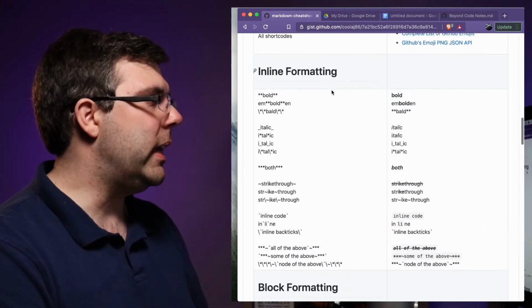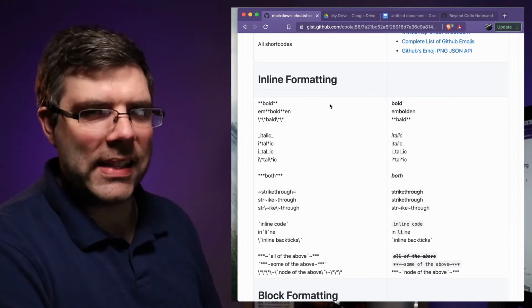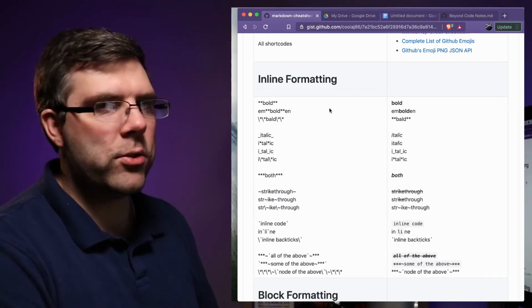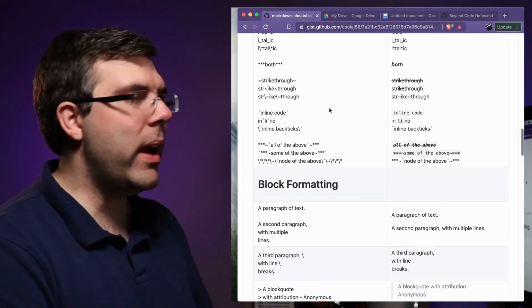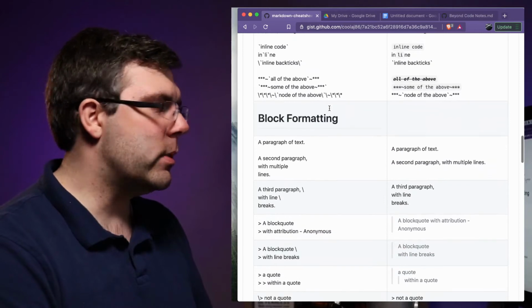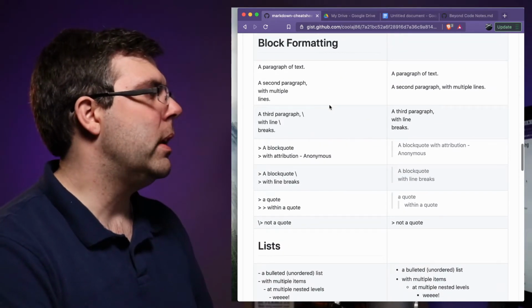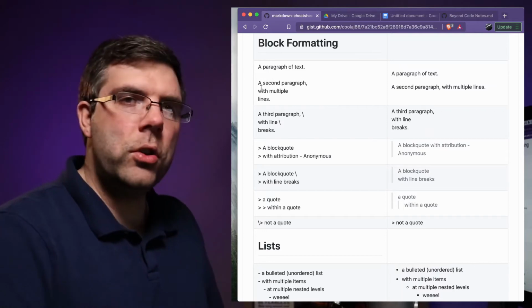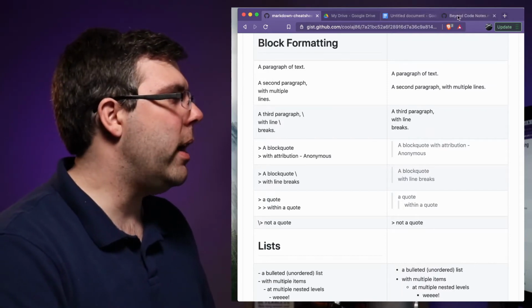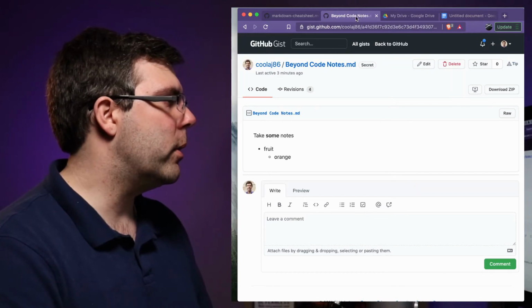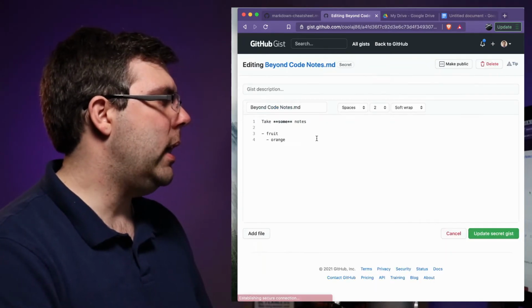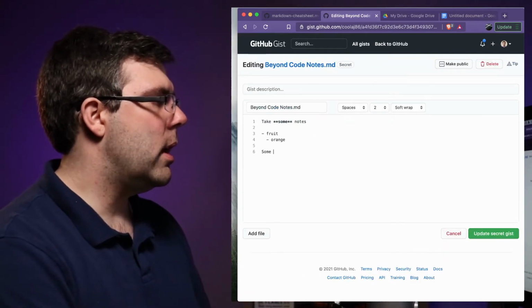So see what I was saying here? Basically, we're looking at the exact same thing over and over again. I'm just demonstrating all the edge cases. So every way that you would ever use Markdown is represented in this document and all of the permutations, essentially. So when you have a paragraph of text, you just use a double space to create a paragraph. So let me go back over here to the notes real quick. And if I put some text,